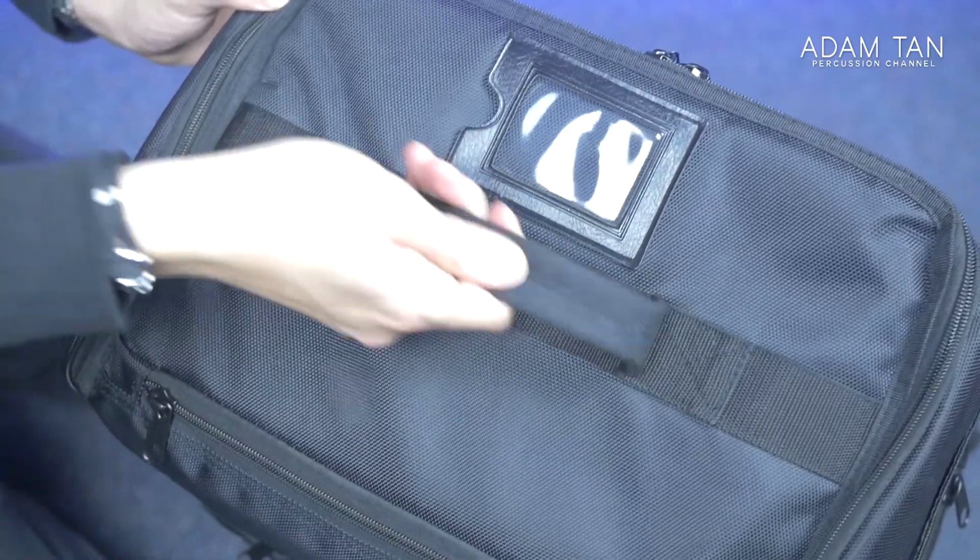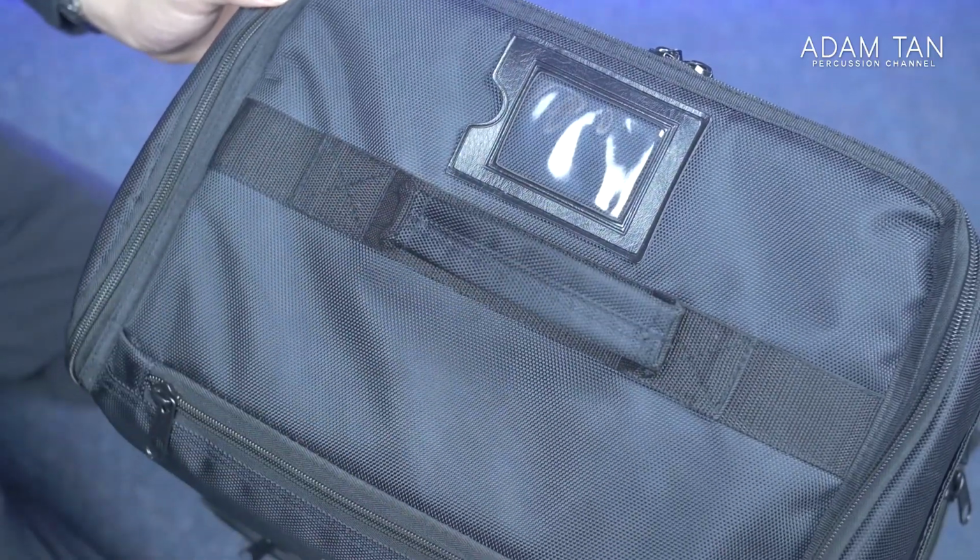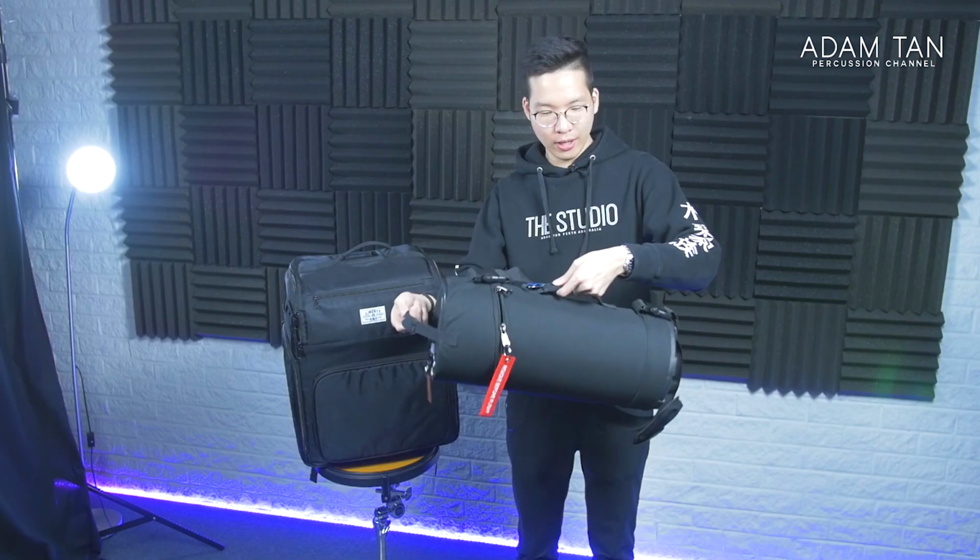just a piece of nylon that's been wrapped around itself. There's no foam padding of any sort, and you'll be using this top handle a lot because you're not going to want to use these. The 2 handles on my Galaxy grip bag, yes, they are stitched as well, but at least there is a neoprene coating that makes them less abrasive to hold. So when you're pulling it, you don't feel like you have to peel off half of your skin to use